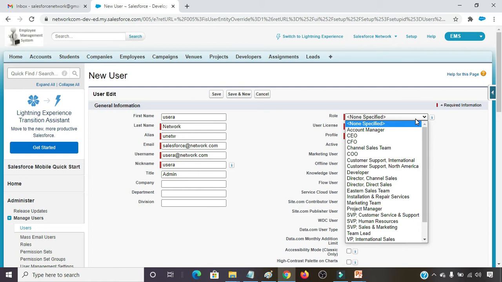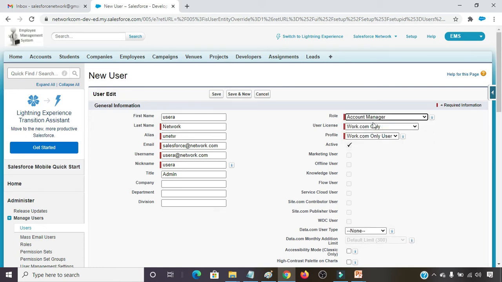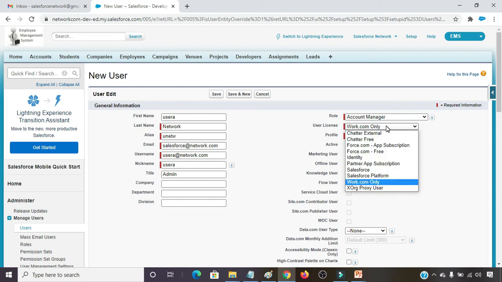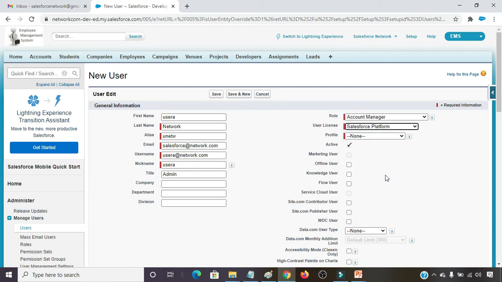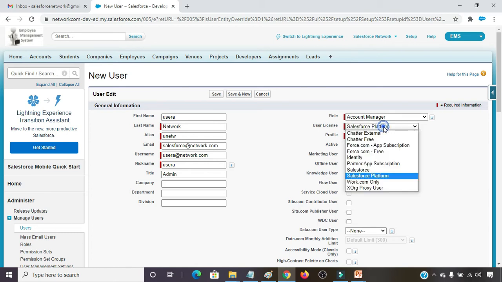Here I am choosing the role, like Account Manager, which we created under CFO in the classic mode. For user license I am taking Salesforce Platform.